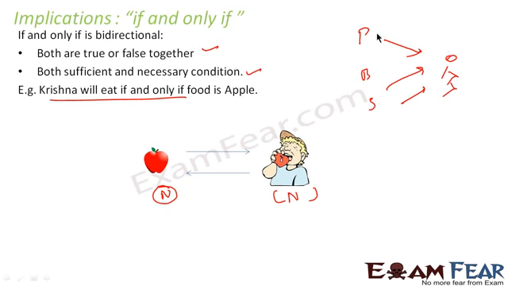So from this side, it was a sufficient condition. This side was a mandatory condition. But in this case, on both sides it is a mandatory condition. It's bi-directional. So if here it is apple and this guy, if there is apple, this guy will eat. If this guy has eaten, that means it is apple. So it's bi-directional, correct? In case of if and only if, it's bi-directional, and both are sufficient conditions, and both are